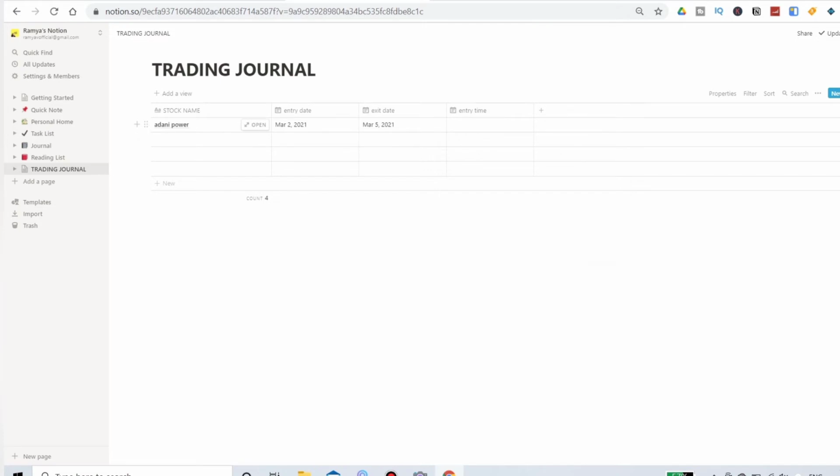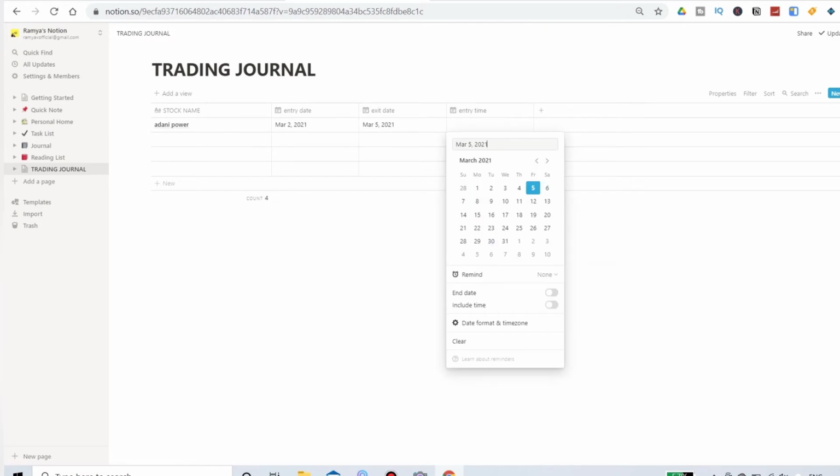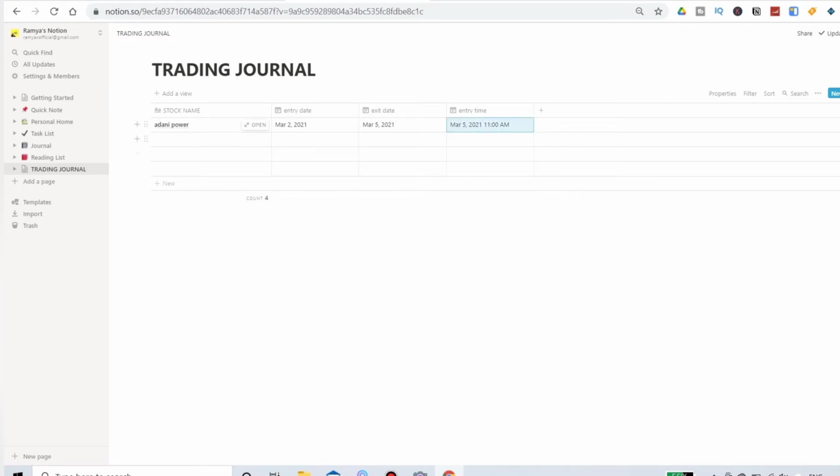Now you can go here, and if you select the date, you should enable include time, and now you can enter the date and time. So 6 a.m., 11 a.m. Okay. So the same for exit time, or here itself you can use that.